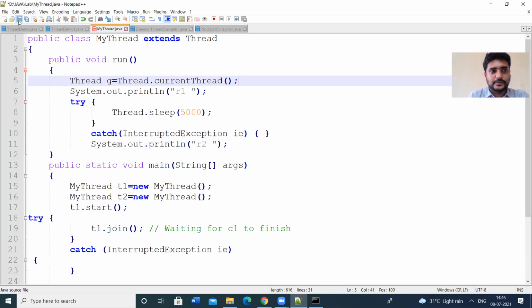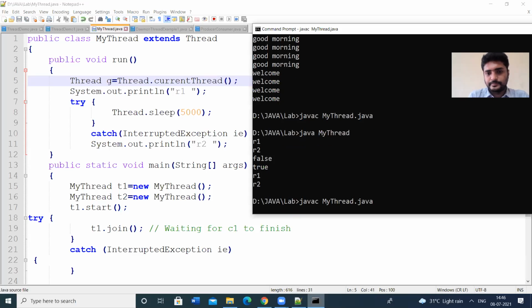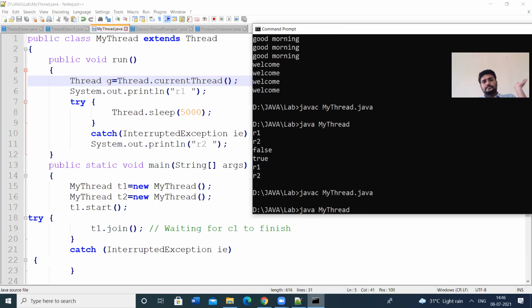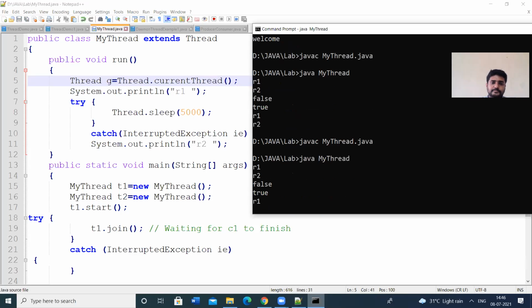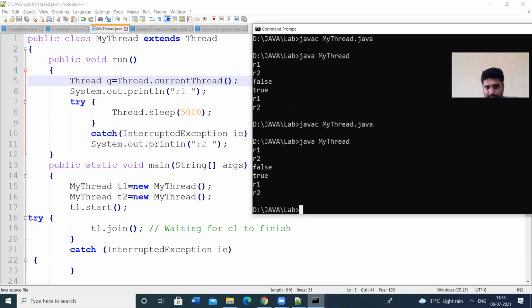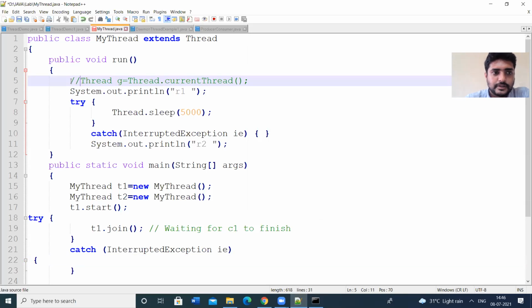So let us see what happens now. It waits for 5000 milliseconds. R2 is printed. The isAlive methods are called and then R1, R2 is printed. So no change. So this is the program to illustrate the join method as well as the isAlive method.